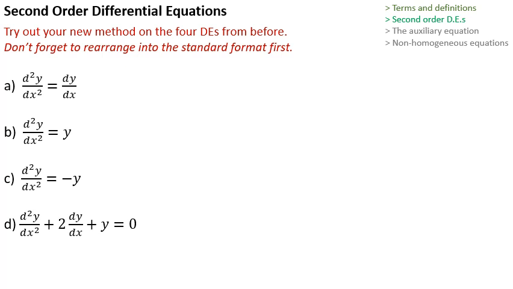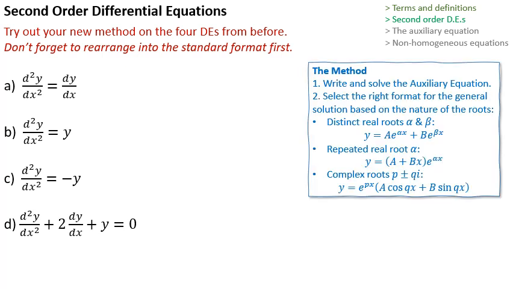Now we're going to revisit the four differential equations we previously solved by inspection, and we're going to get a little bit of practice using our new technique. So remember, the key idea is that we can write down the auxiliary equation. That should be very quick to do. We recognize the 0th, first, and second derivatives to be equivalent to the 0th, first, and second powers of some constant like m. When we solve for m, the nature of the roots tells us the format of our general solution,